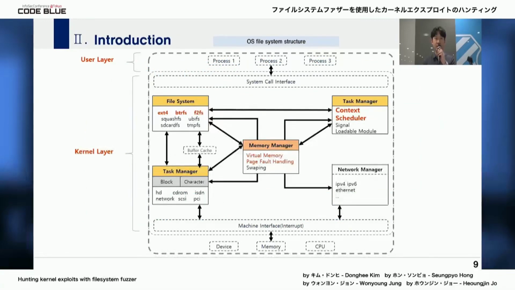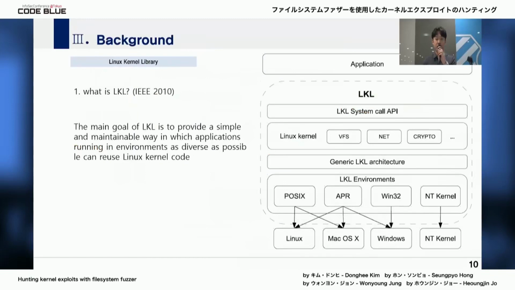Janus uses the Linux Kernel Library. LKL is a library of the kernel at the application level. It is generally used to lightly emulate the kernel with QEMU. LKL is not a kernel. Sources are organized in Linux libraries, separated from the kernel version. So the version of LKL is always lower than the kernel version. The reason for using LKL is to recover quickly and attach AFL when fuzzing.